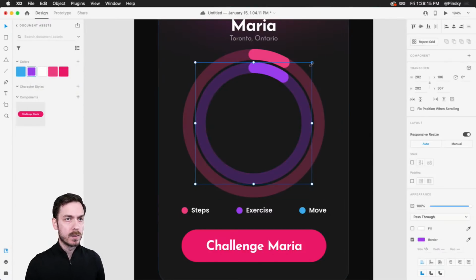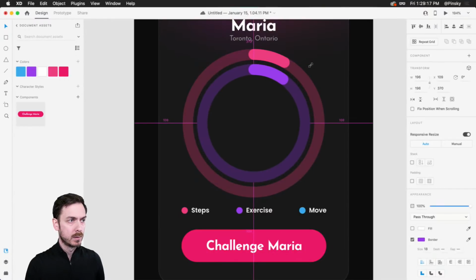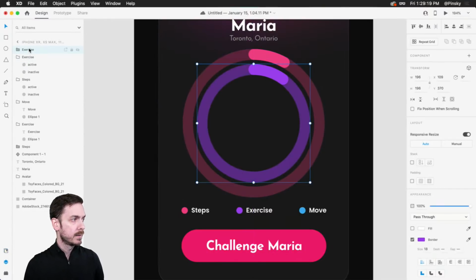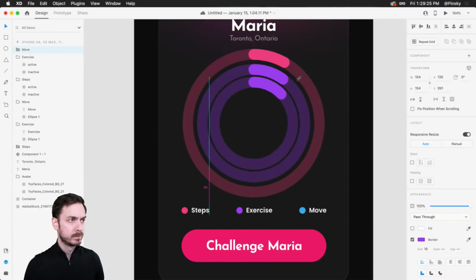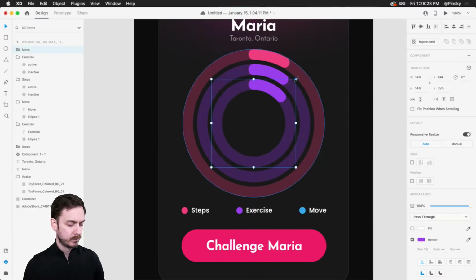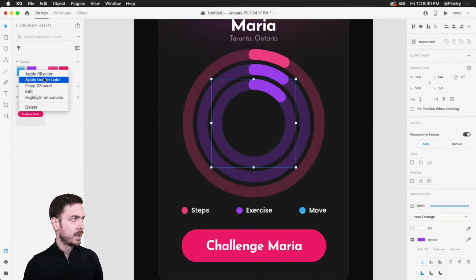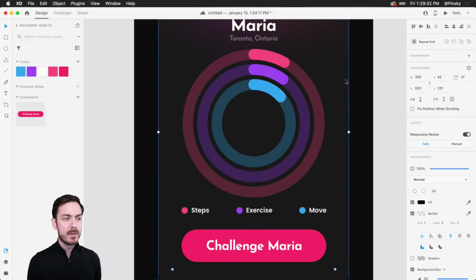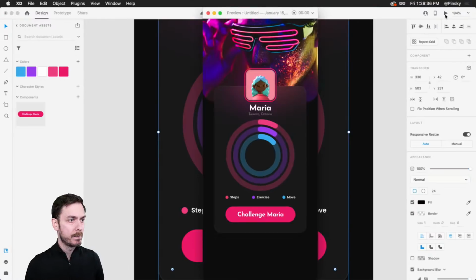And we're going to do one more. Let me actually bring this in just a little bit more. And we're going to duplicate. This is going to be move. Perfect. And we're going to bring this in. Assets, right click, apply as border. So we have a few of our progress circles looking pretty good. If I go ahead and press play at the top,